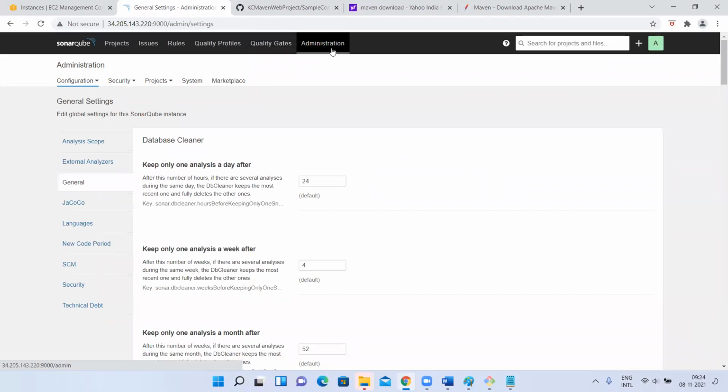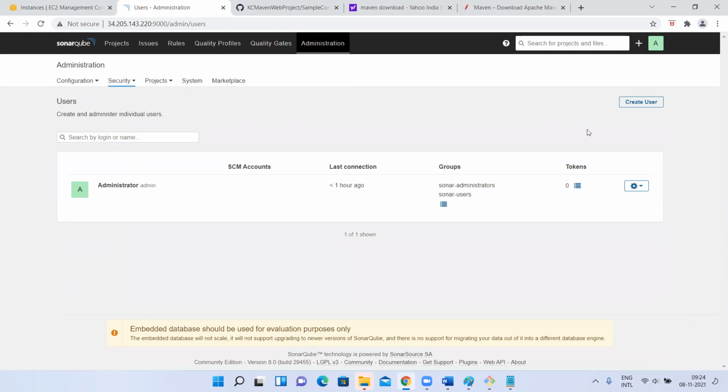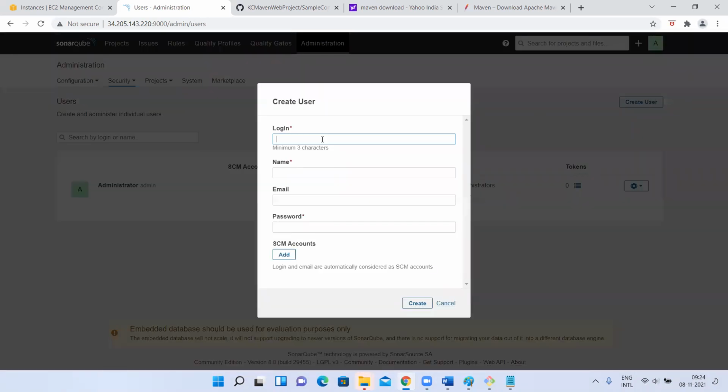So what you can do is go to administration, go to security, and you can create users. For example, let me create a user called Chaitanya. This is the login username, this is the display username, email chaitanya@gmail.com, and some password for him.